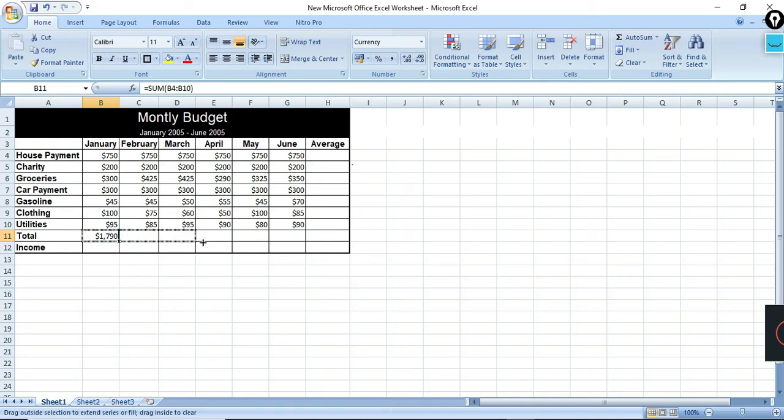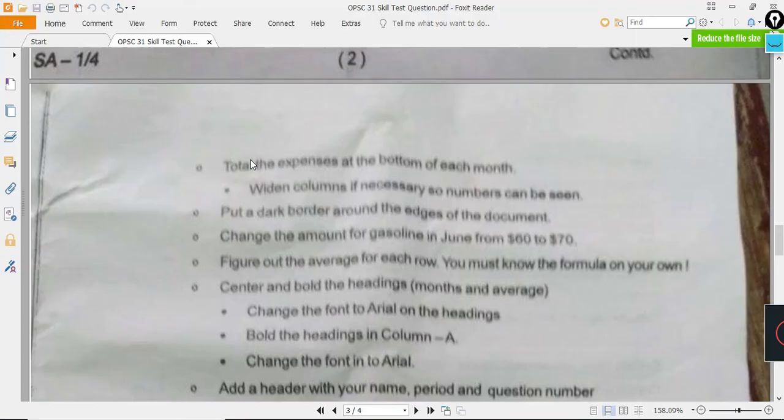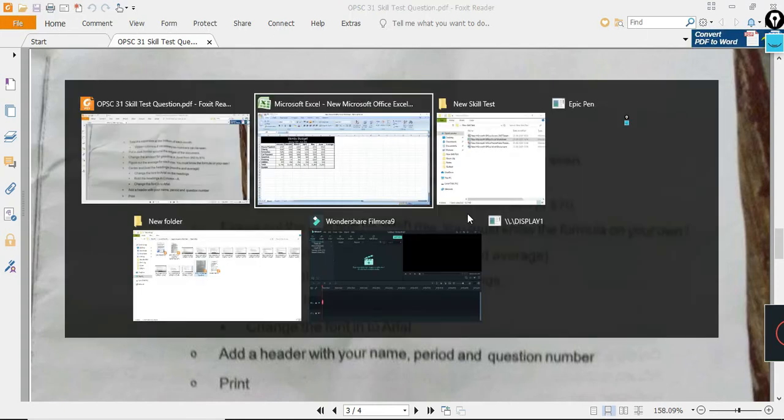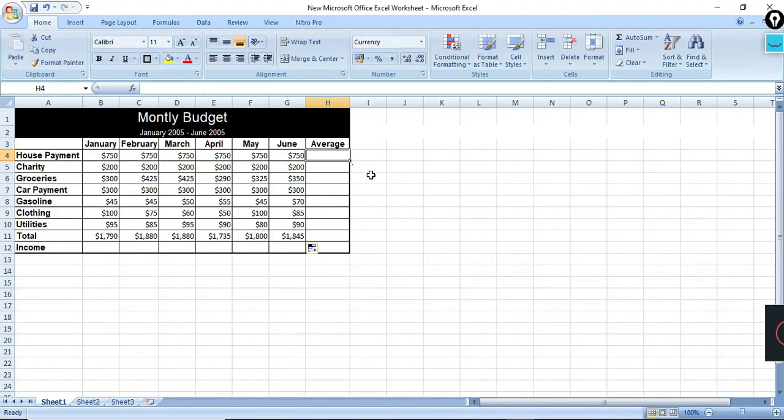You have to simply drag all these things because it will sum up all these things also. So the next question is asked about the average of each row. You must know the formula on your own. Suppose it asks for average, equal to